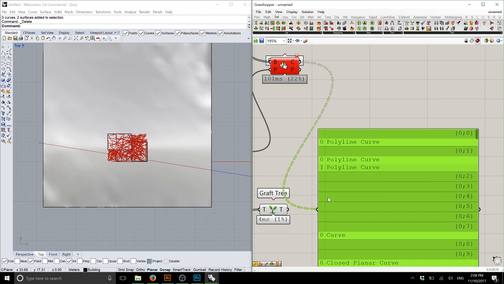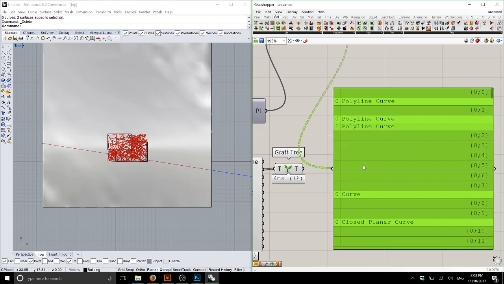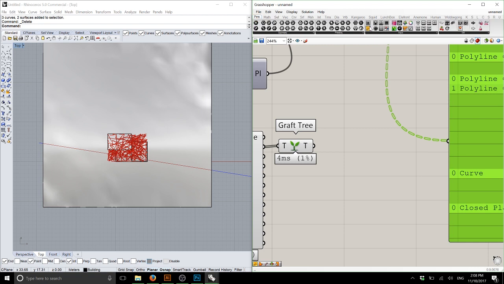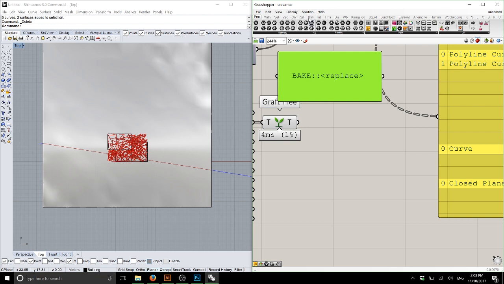Okay. So we're going to construct a new layer for these to be baked onto. We're going to call this a section layer. And to construct layers, we have to use a system like so, where you have the name of a layer, and if you want to have a sub-layer to that name, you have to put 2 colons. So we're going to say bake, and then I'm going to type less than replace greater than, like a little tag, and we're going to use that to replace